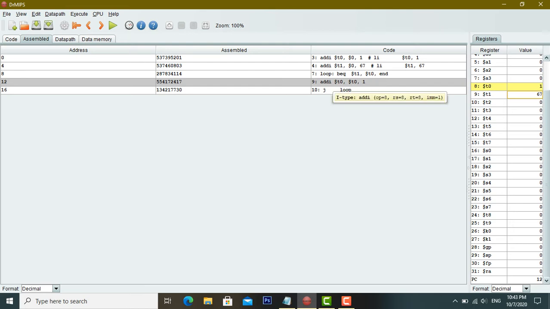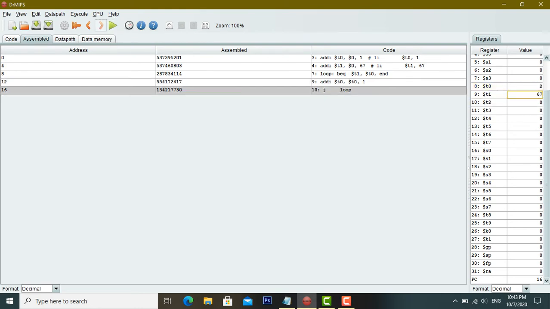So here we will increment the T0 register by the value 1. So this statement will execute, and T0 will add up with the 1 value, and it will eventually be 2, and it will jump to the loop user defined keyword that is here.